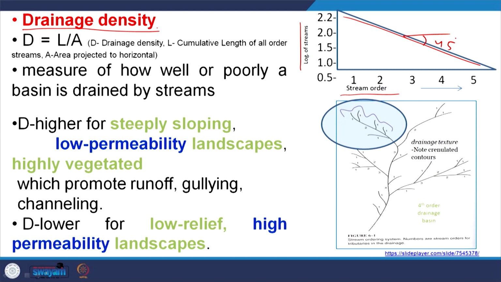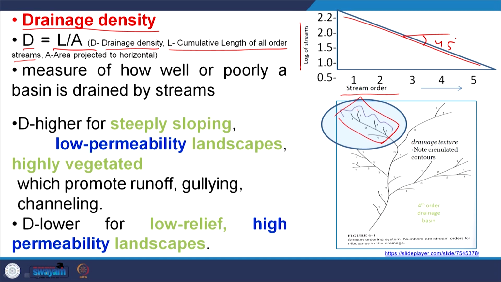Another characteristic of rivers or fluvial geomorphology is called drainage density. Drainage density is how densely the channels are distributed in a given area. So, drainage density D is defined by L per A, or L by A, where D is the drainage density and L is the cumulative length of all order streams. So, if you are talking about the drainage density of this particular area,